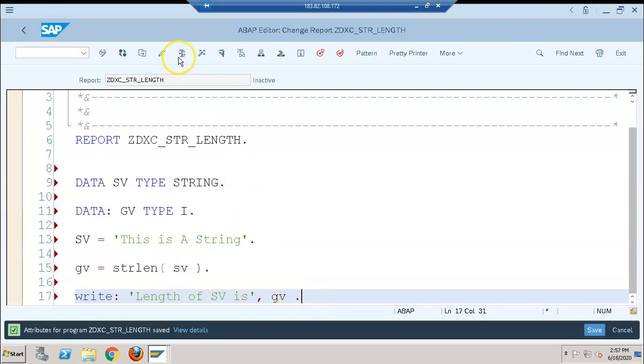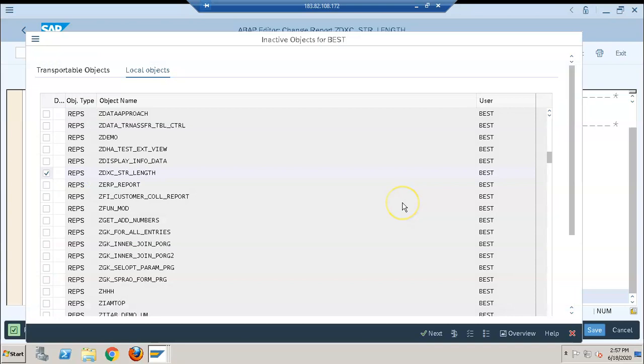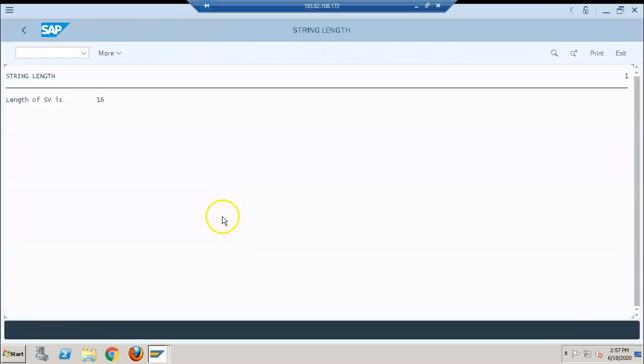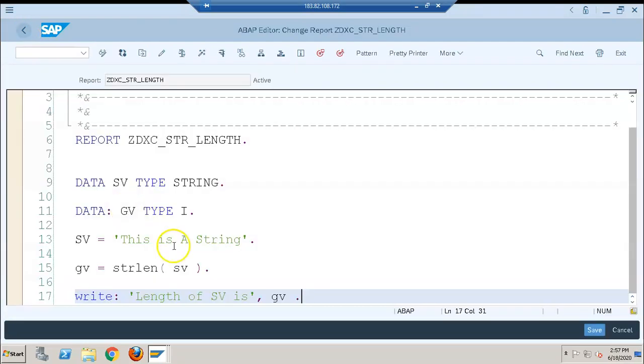So we'll just do a syntax check. What should be the length of SV? We are not mentioning the length of the string, as we already know a string will automatically create its length by default. So we'll say length of SV is 16. And how did we get that 16 here?